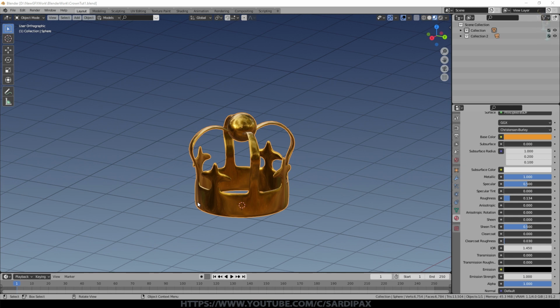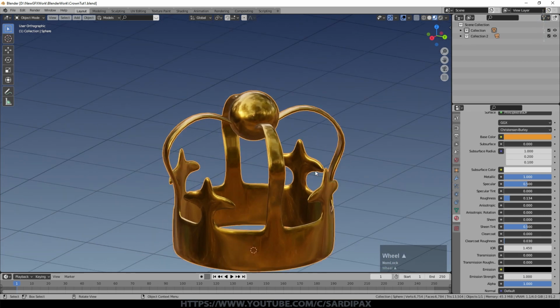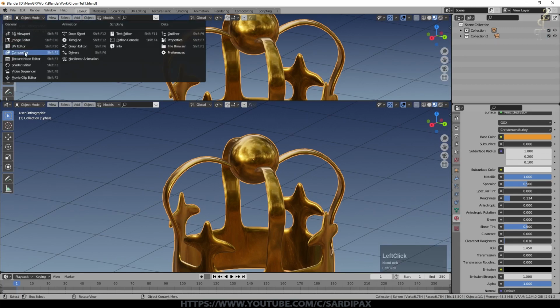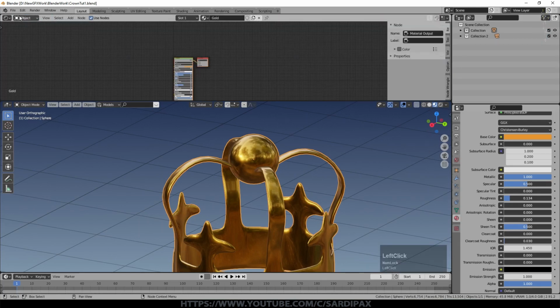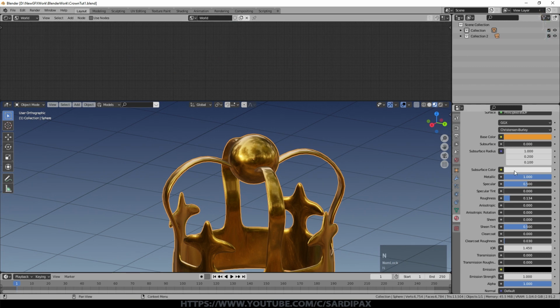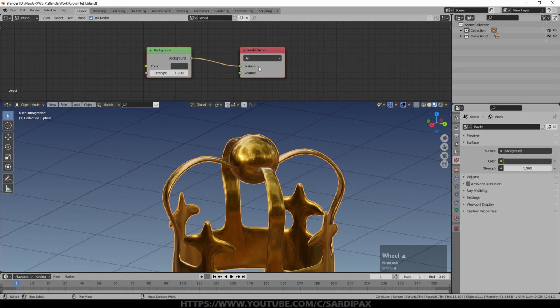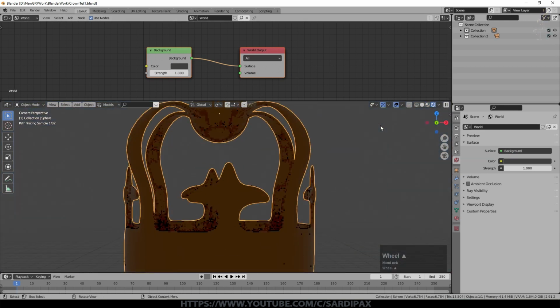Now the problem with very shiny surfaces, especially metallic ones, is that it can be a little tricky to illuminate them. The easiest way to do that is with an HDRI background. So let's just add one of those and then I'll show you a little trick. So I've opened up a new window there and we'll go to the shader editor and select world. There's no material there at all at the moment, so we'll say use nodes and one appears here. It's just a grey background right now, as you can see. Looking through the camera, that's what it looks like.